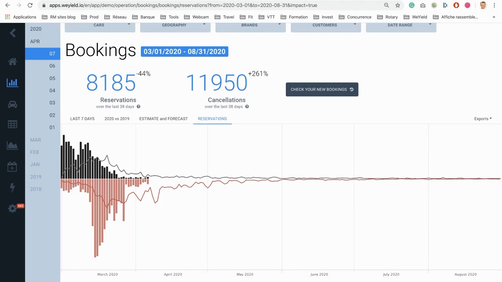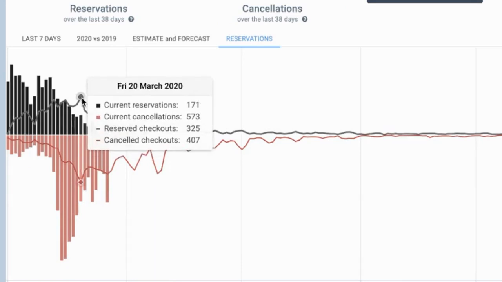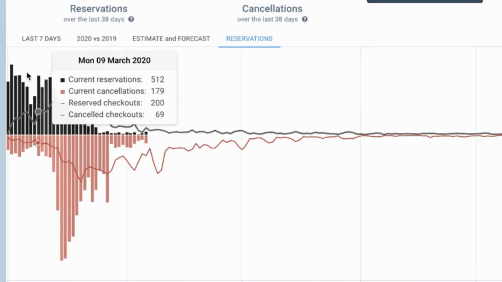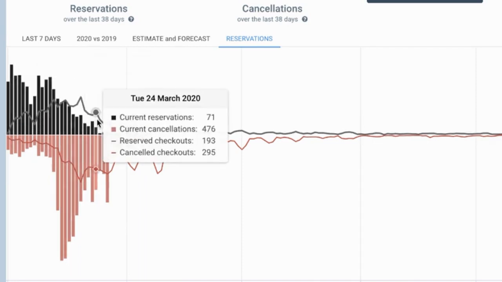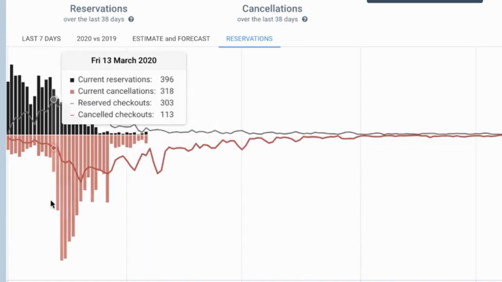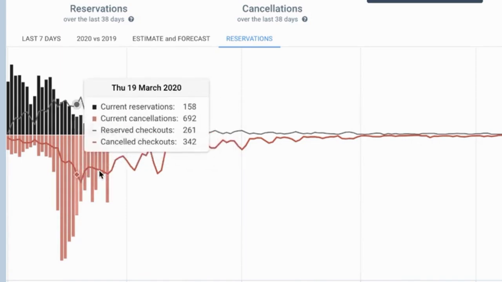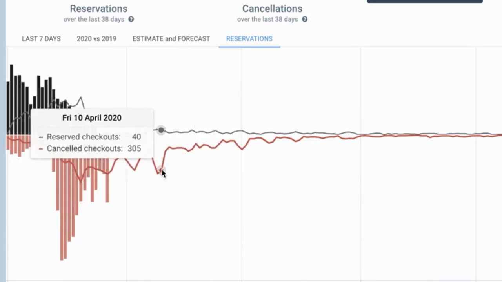And the lines, either the black line for this year or the red line for the cancels of this year, are showing here where most of those pickups has impacted my on rent. So most of the transactions I've taken in my demo example were impacting the checkouts of the month of March. As you can see, the black line is almost flat for the rest. And in terms of cancels, the huge number of cancels I had were mostly impacted the current months, so the month of March, as well as